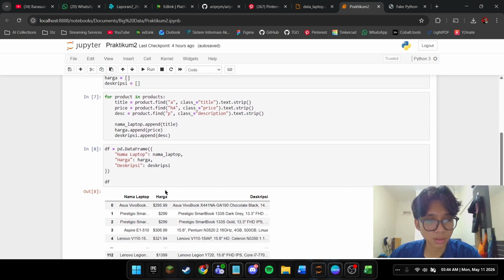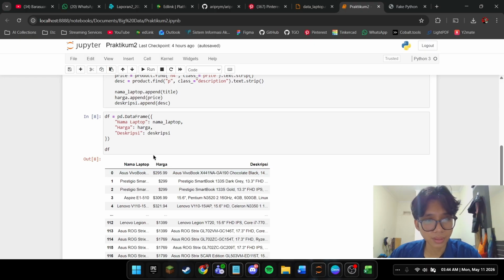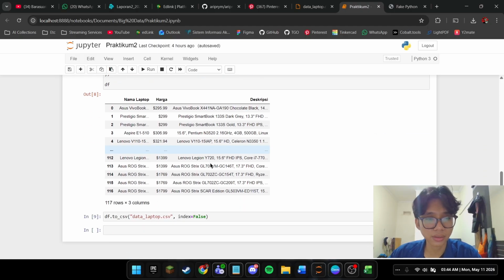After the loop completes, I combine all three lists into a pandas DataFrame with columns nama laptop, harga, and deskripsi. The result shows a clean table with 117 rows and 3 columns.